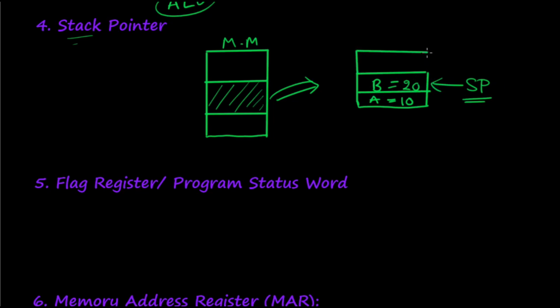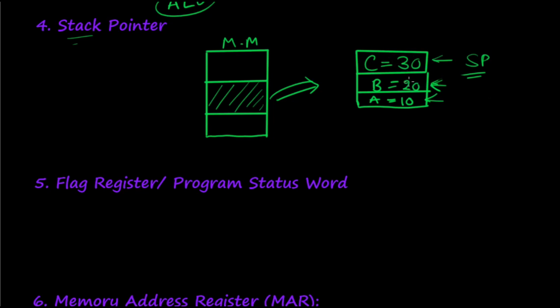Suppose you want to extend this stack. What you will do? You will bring a new element. Suppose you have now brought 30. Now this stack pointer will no longer be here. Stack pointer will automatically update itself and point to the uppermost element, 30. So this stack pointer register always keeps track of the uppermost element inside the stack. And this stack pointer informs the CPU, okay, you want to access stack, I have this stack pointer and I am locating the stack. Interestingly, you may ask, what about these elements? Are they lost, because I am locating only the topmost element?